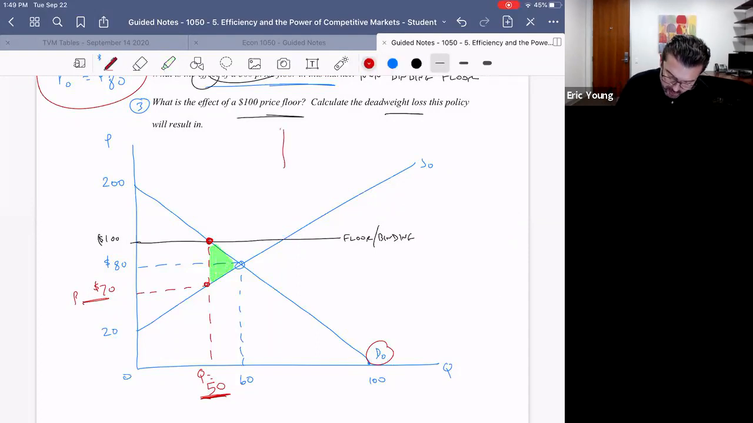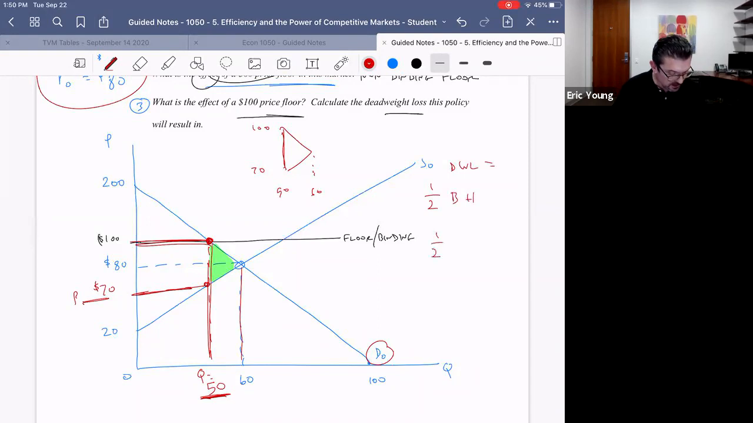Notice that we're talking about a triangle that is bordered by 100 up here, by 70 down here, by 50 right here, and by 60 right there. Now you have the base and the height. The dead weight loss is equal to 1/2 base times height is equal to 1/2 60 minus 50, 10 times 100 minus 70, 30 equals 1/2 of 300